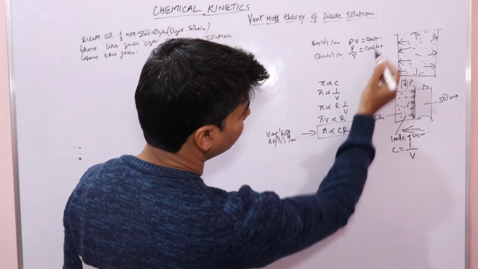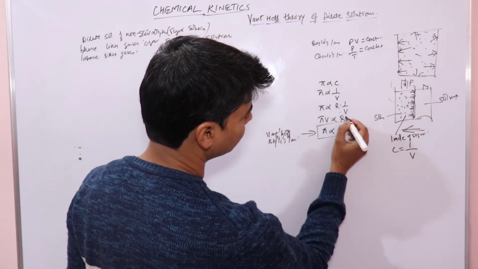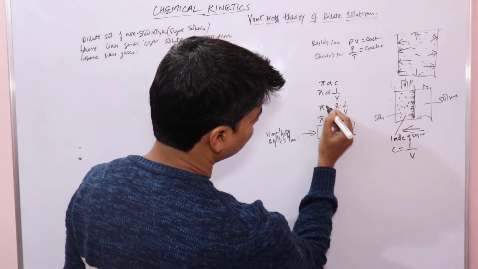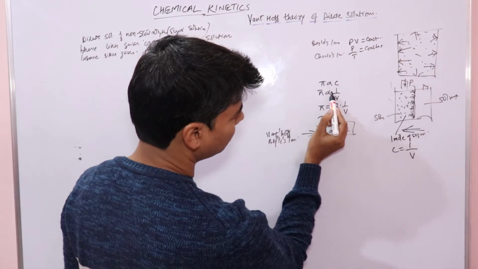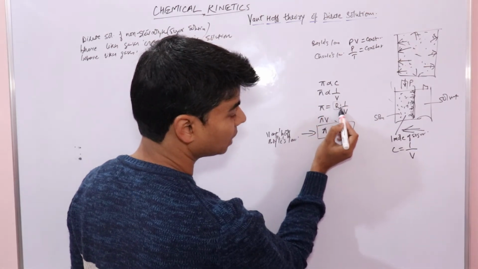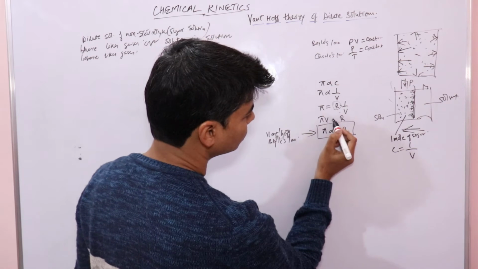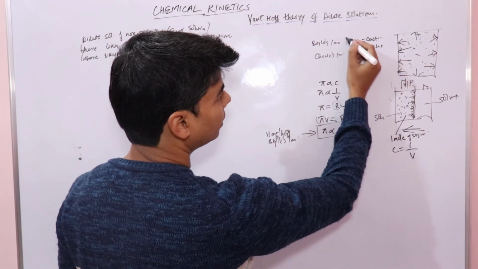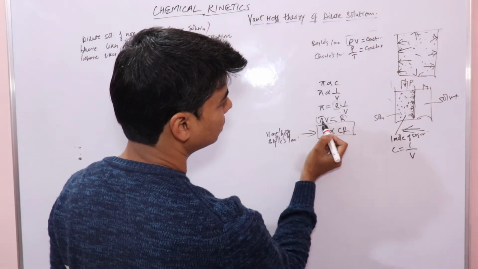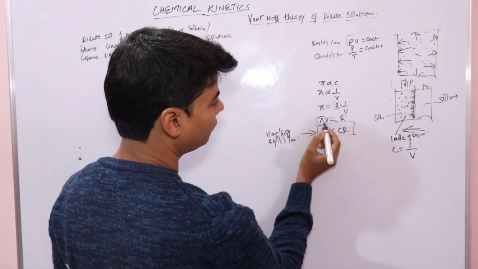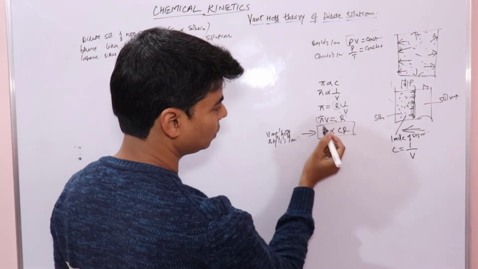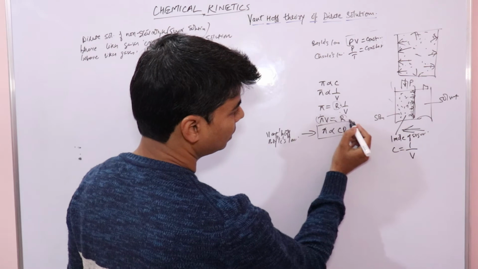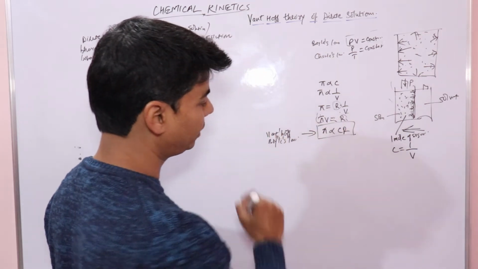It has a concentration term and R is the solution constant. Just like we have a gas constant in the case of gas laws, here we have a solution constant. So this is your Van't Hoff Boyle's law. If you look at this, this is your constant. I've removed the proportionality sign and replaced it with the constant R. So pi V is equal to R. If you compare it with Boyle's law, it's the same. Here I've just replaced P with pi in the case of solution, so pi V is equal to a constant. So this is your Van't Hoff Boyle's law.